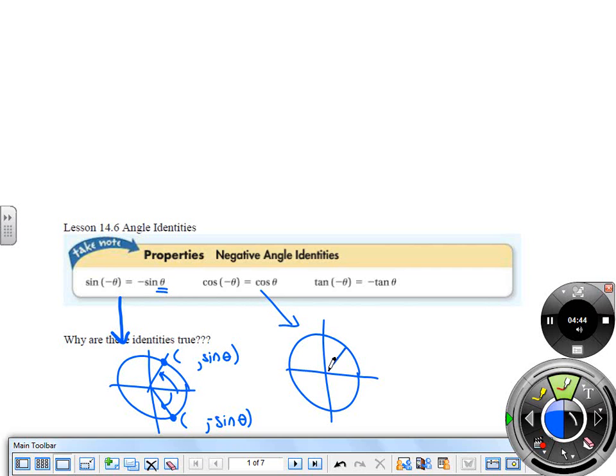Because if I pick those angles, like this angle here and this angle here, say this angle's theta and this angle's negative theta, like 30 and negative 30, what's the relationship of the cosines of those angles? They're the same, right? Because